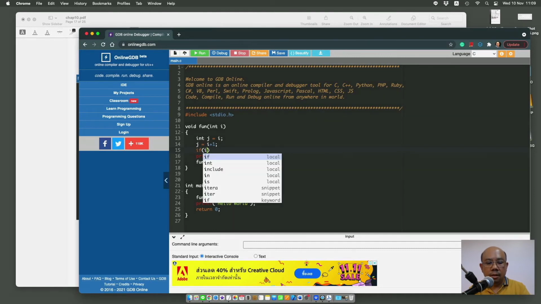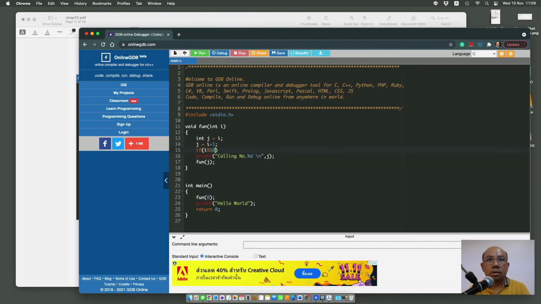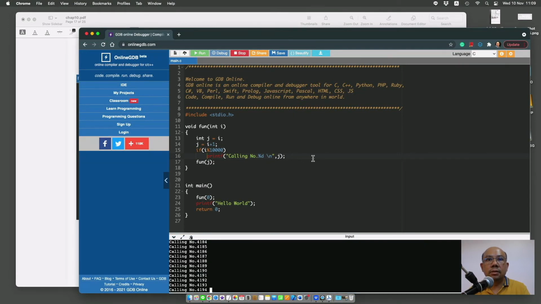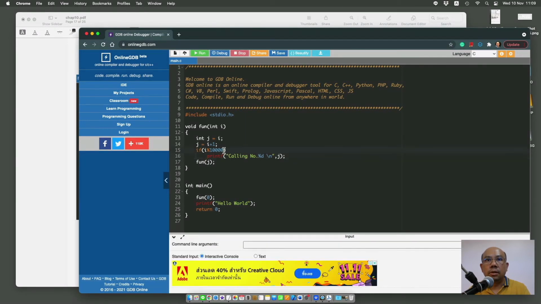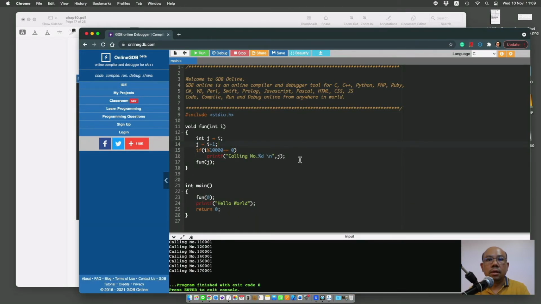If I mod 1000, every 10,000 will be printed, every 1000. If the result is 0, then print. Now this program finishes, it stops because